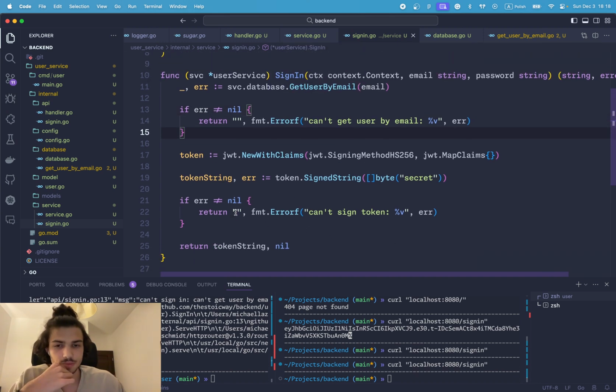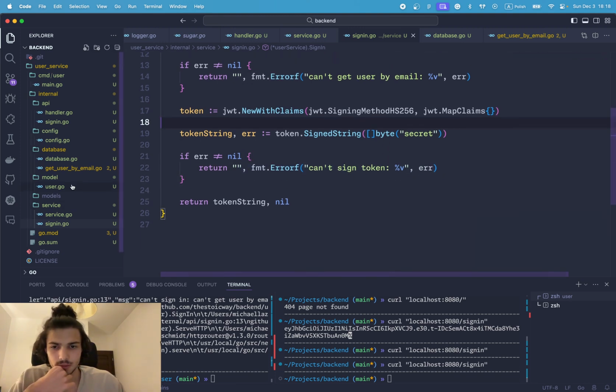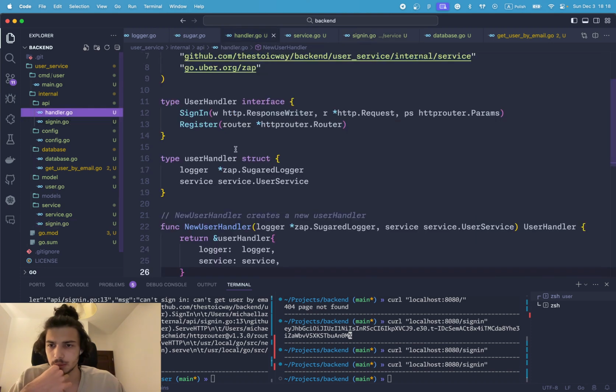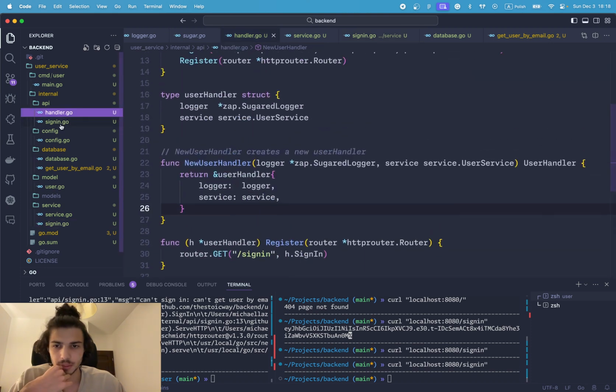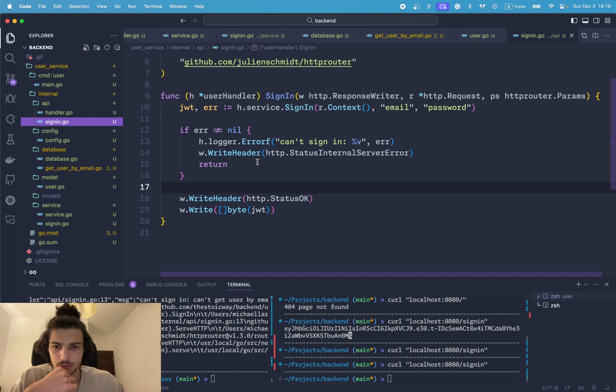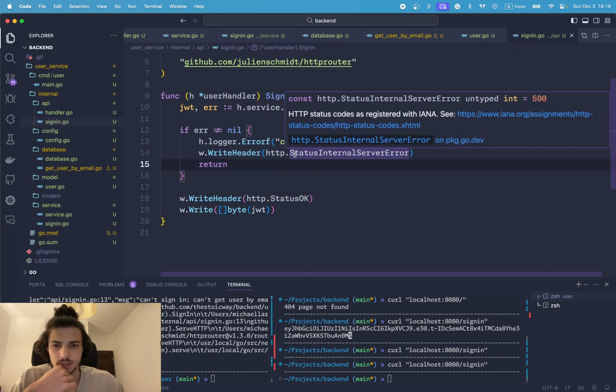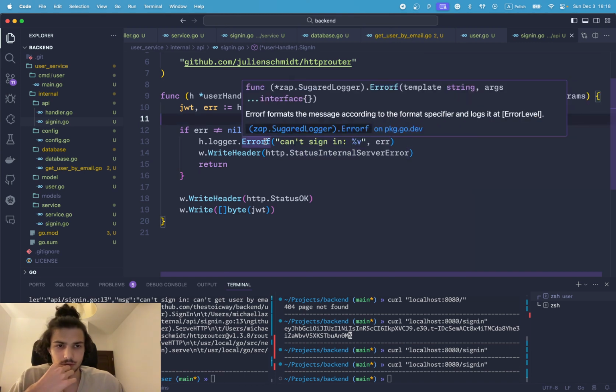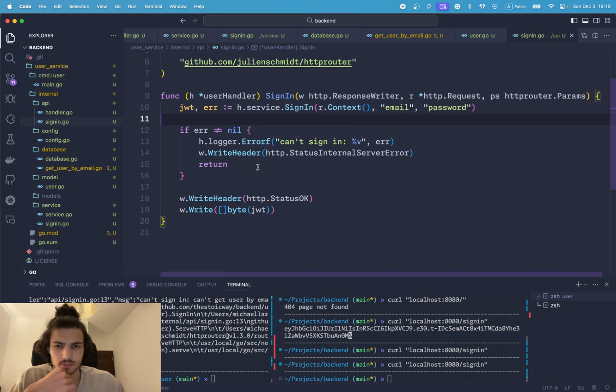It just returns the error. Yeah. Okay. Everything is good here, but in the handler, probably the problem occurs. Yeah. It just errorf. It just